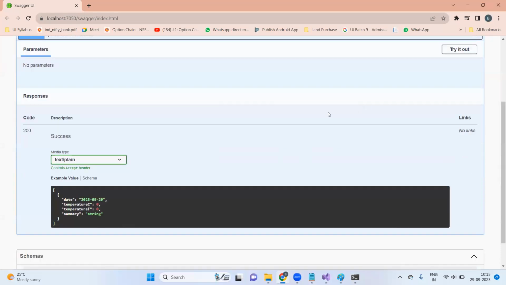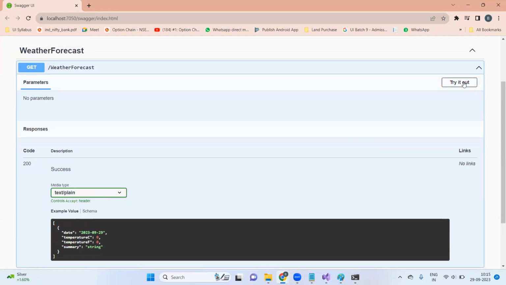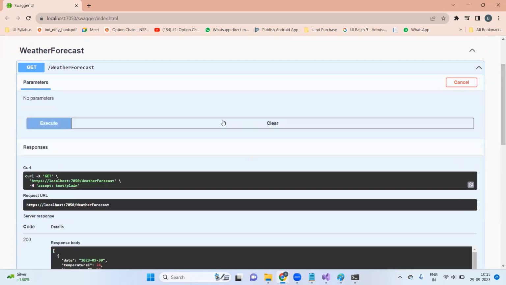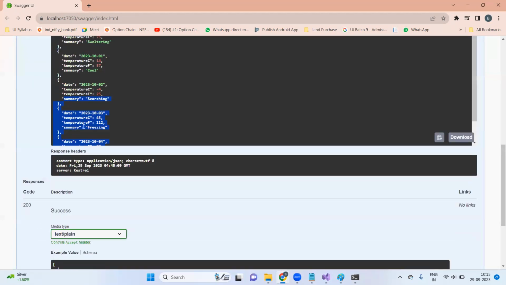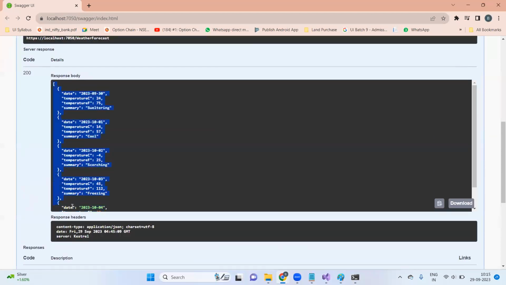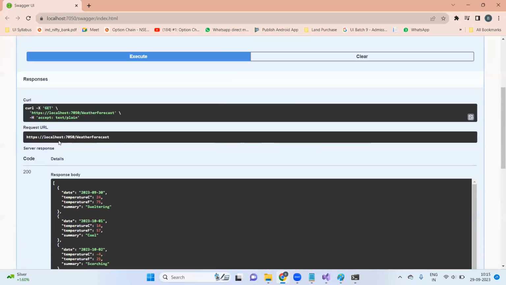If I open this one, inside this you can call that API. Click on the try it out button. Click on execute. Once you execute, you can see the response. This is the response of that API. So from Swagger also you can try calling your APIs. See the response here. The API endpoint is hosted on localhost colon 7050 port number slash weather